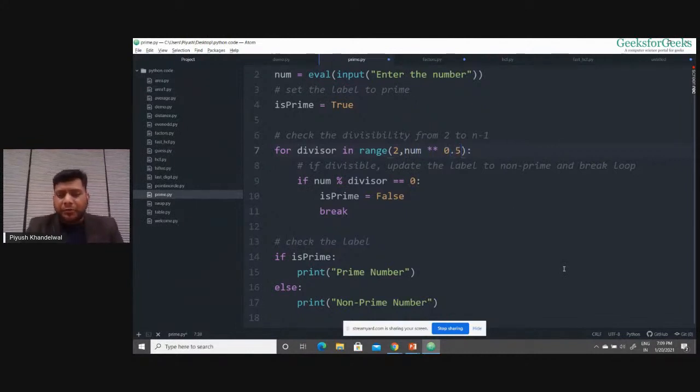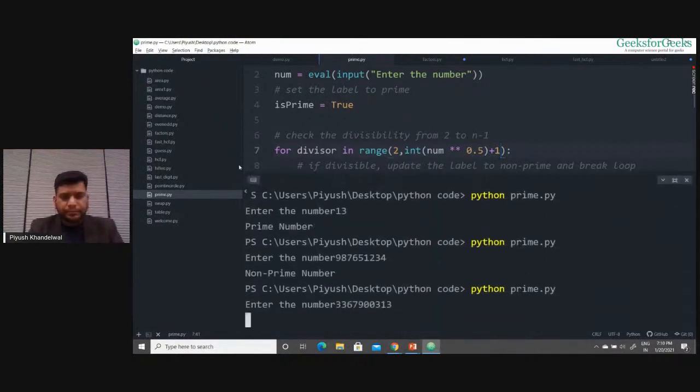Because this value can be fractional, I'll convert it into an integer. And then I need to add 1, because I need to run this loop till the square root of n, so I have passed the ending range plus 1. Now you see, if I run this program again, it's still working.